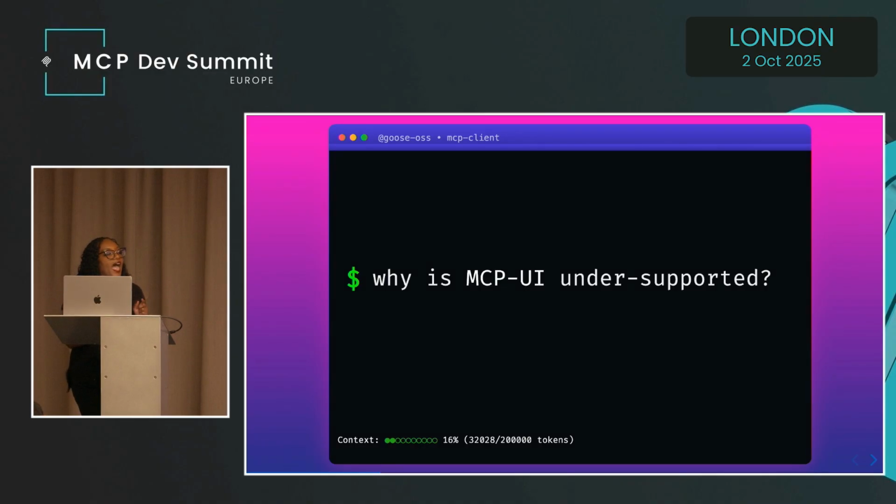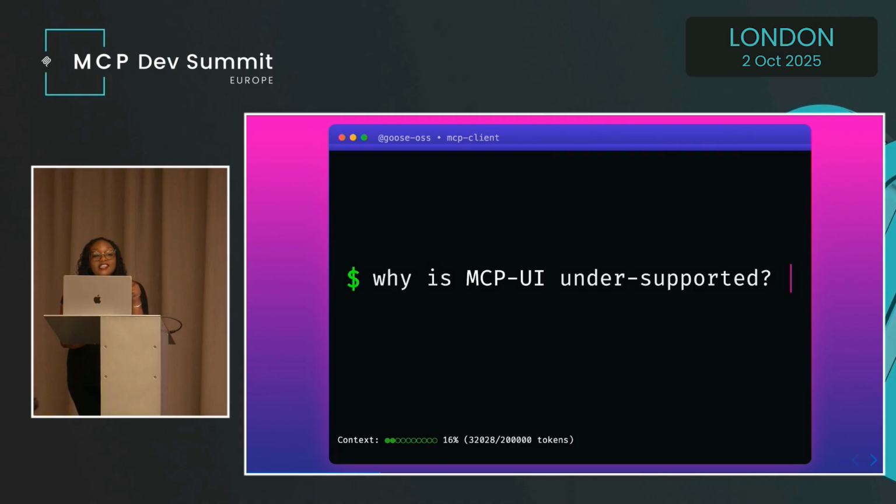That's a bigger pattern that I actually want to call out, because MCP UI is just one example of this larger truth where clients act as the gatekeepers of adoption, right? They decide which capabilities become usable and which ones are just going to stay as a great idea. So I want you all to pay close attention to MCP UI and its journey and its story, because it's a bigger conversation than just that one feature. This is a case study in how clients shape what MCP actually becomes in practice.